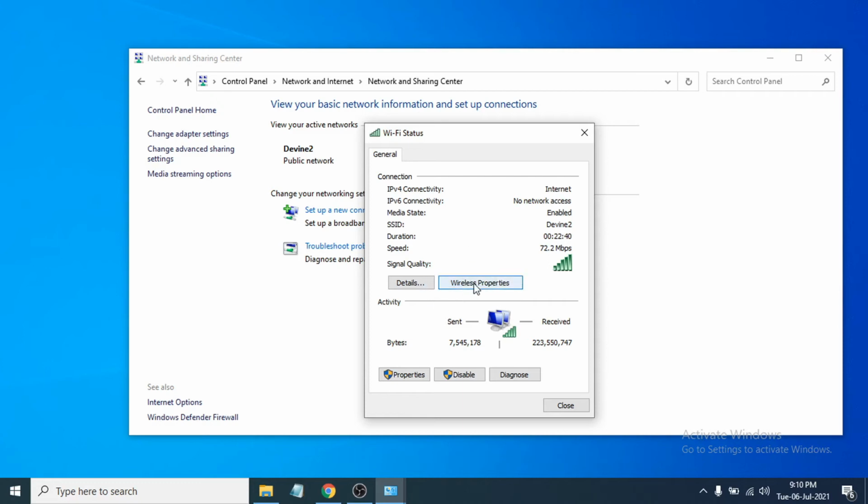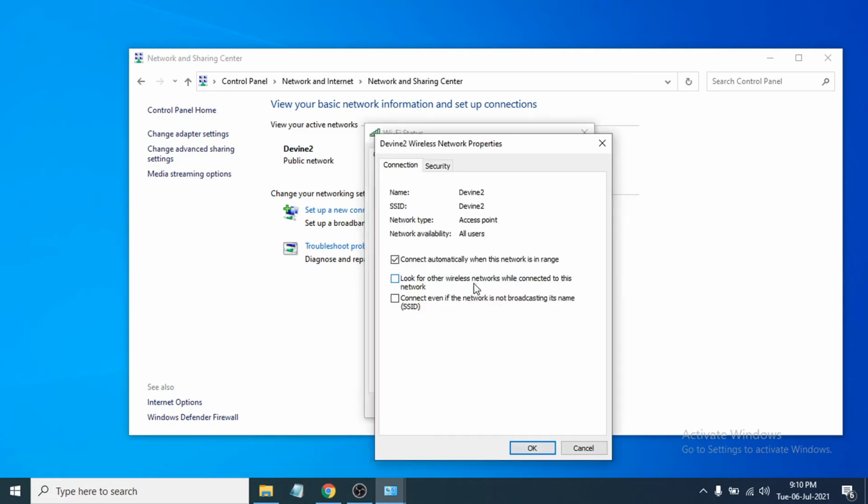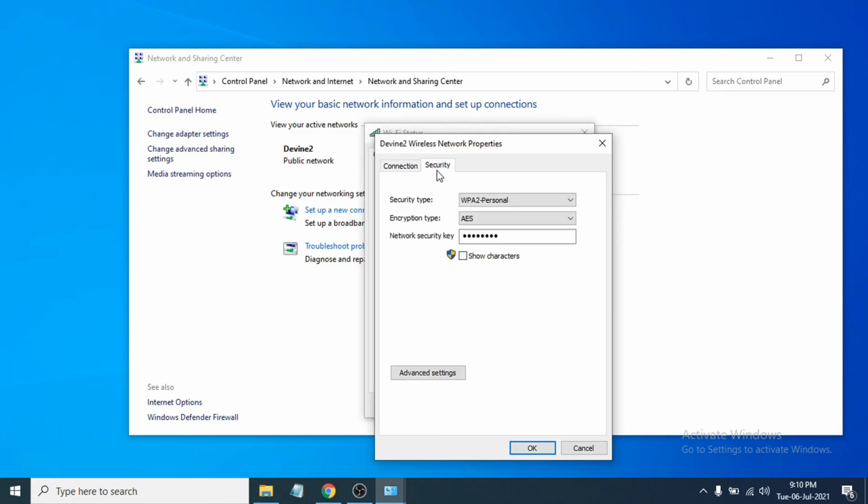So you have to choose the wireless properties here, and in the open tab you can see there's the security tab here, so you just have to click there, and here we go. There you will see an option called network security key, which is the Wi-Fi password for your Wi-Fi. So you just have to click show characters here, check that, and you will see the Wi-Fi password here. This network security key is your Wi-Fi password for the Wi-Fi that you're connected to in your laptop